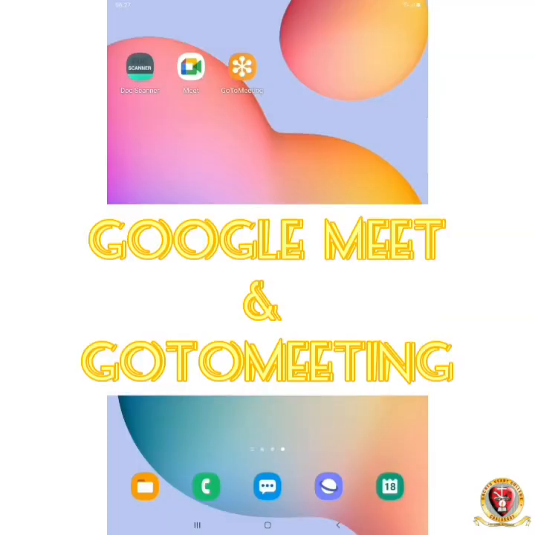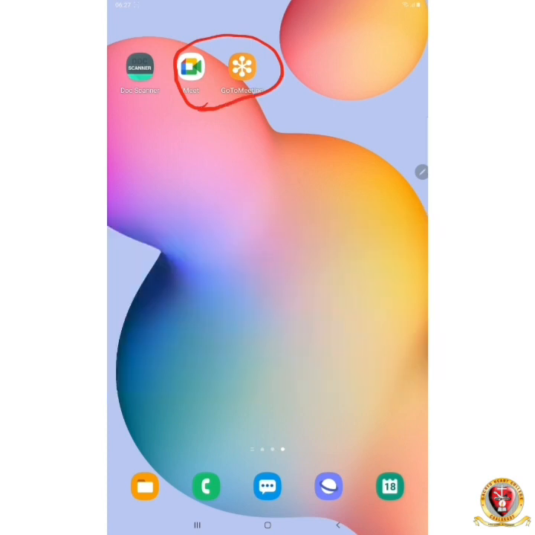Next application I am going to introduce you is online video conferencing tools, Google Meet and GoToMeeting. So these are the two applications we are commonly using for live classes. GoToMeeting is already familiar to you, as the SIB program is conducted in the GoToMeeting platform. So now I am going to introduce you about Google Meet. Google Meet is also a video conferencing online platform for live classes.